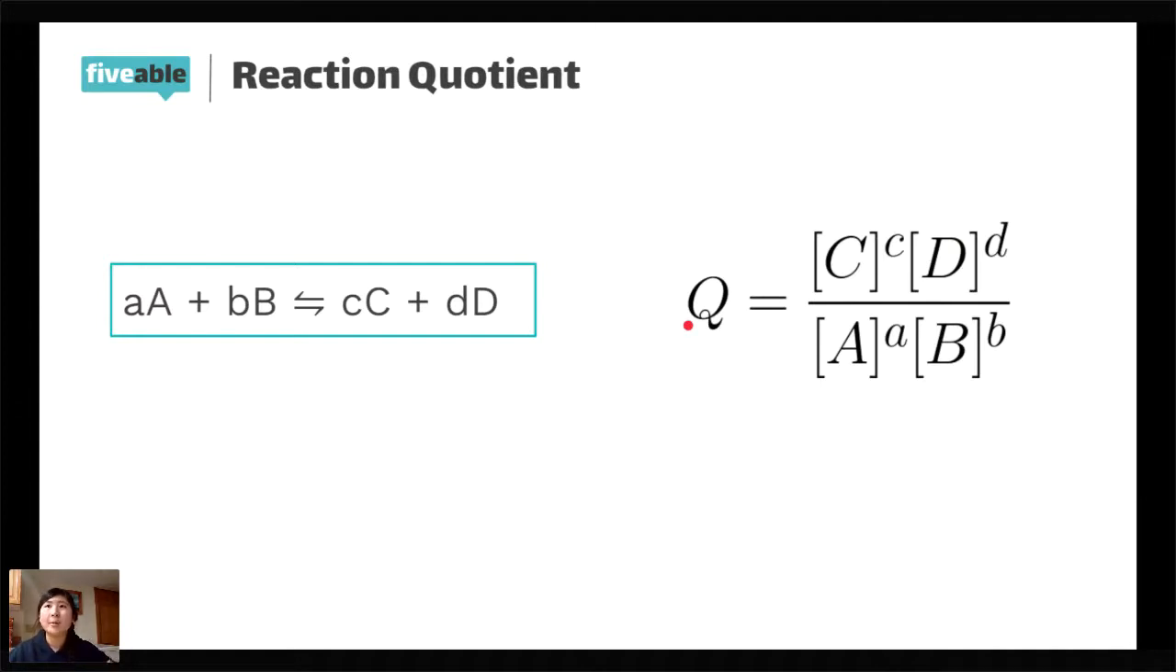So equilibrium is more of a state of a reaction. It's like, okay, you finally reached the zone of equilibrium, right? It's not like this reaction is always at equilibrium. It has to reach that stage. So